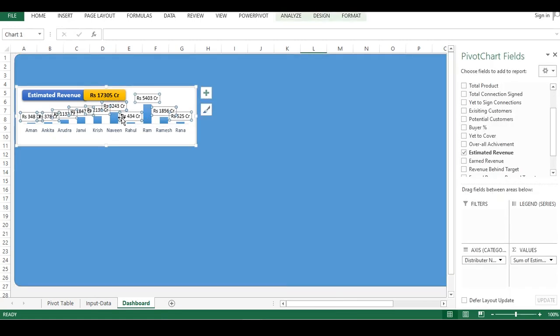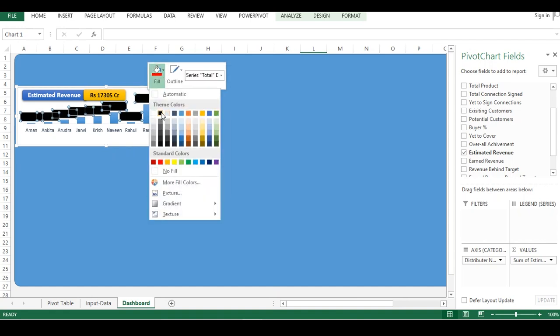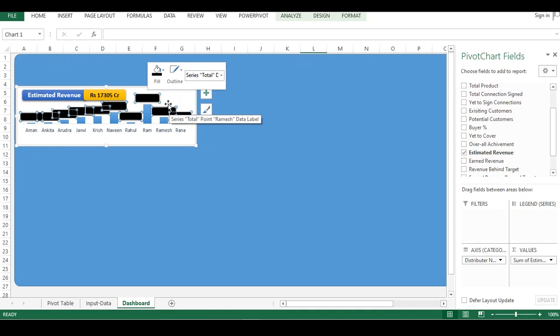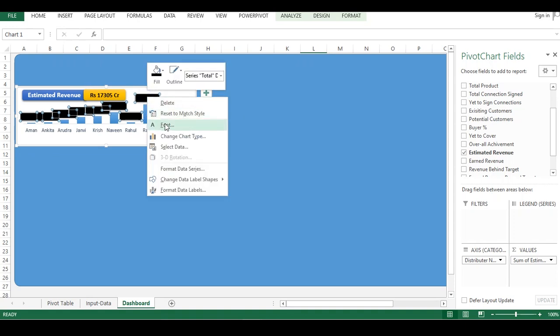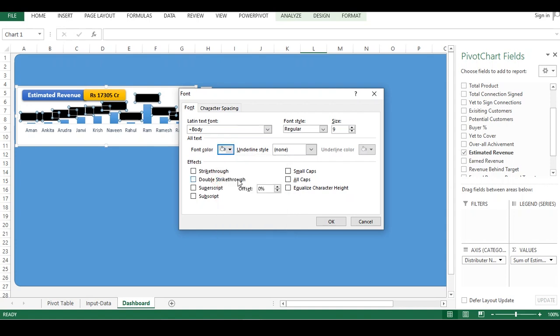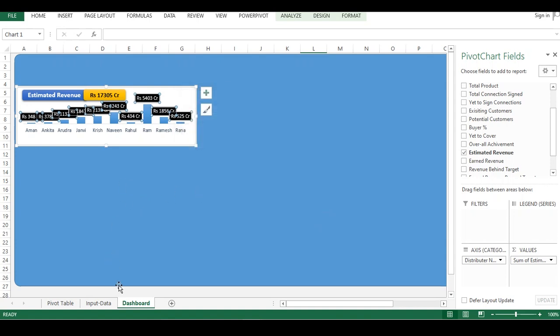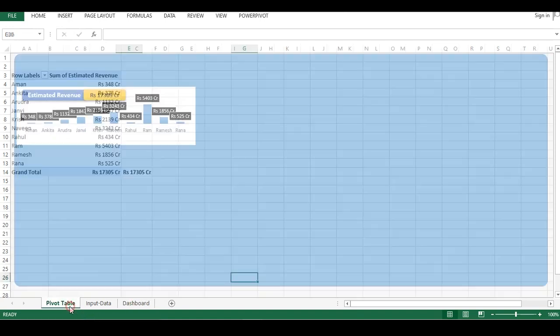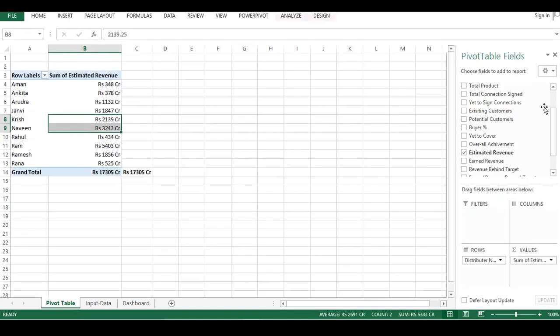As you are seeing here, the values are getting overlapped. Select on it, click on it and make it black and give outline color white. Change font colors, make it white. So in this way you can interpret it easily, and when you will change the values, the value will get reflected here. The next thing we need to add here, the slicers. Alright, so slicer, how will you get it? Go to the